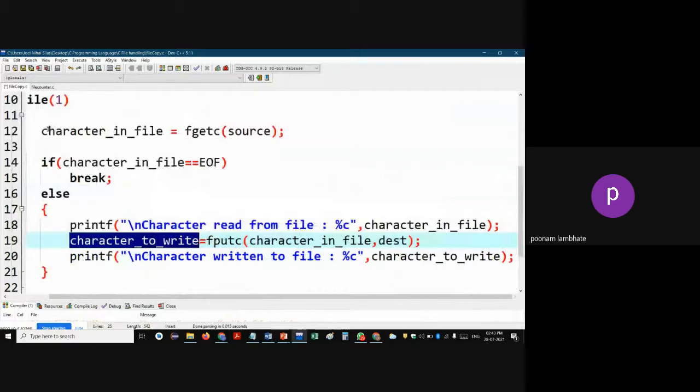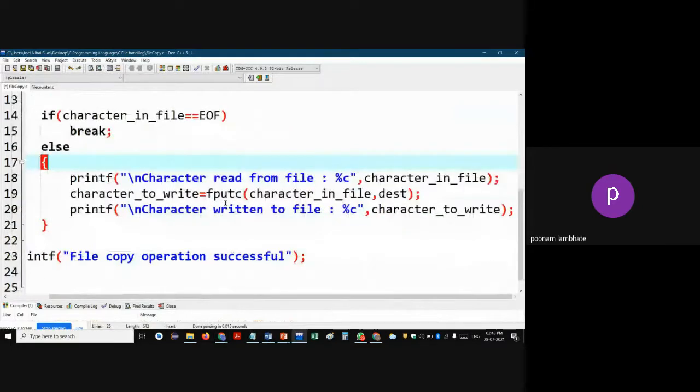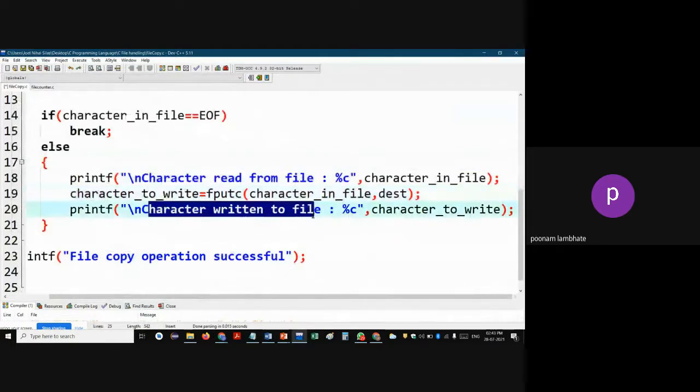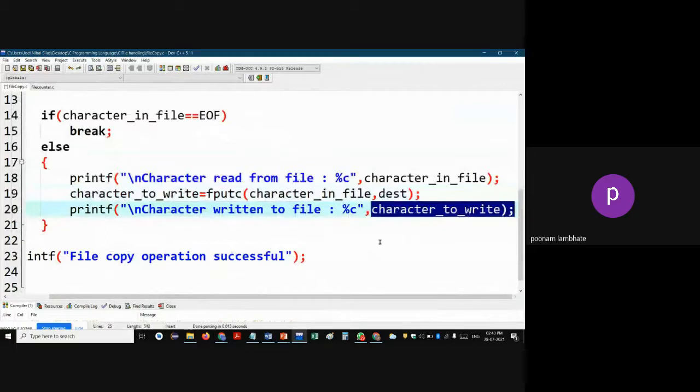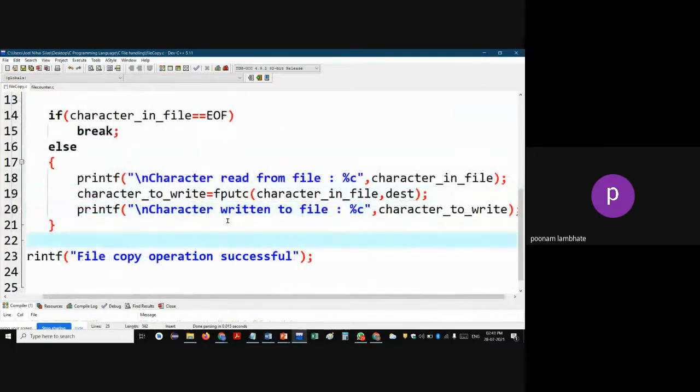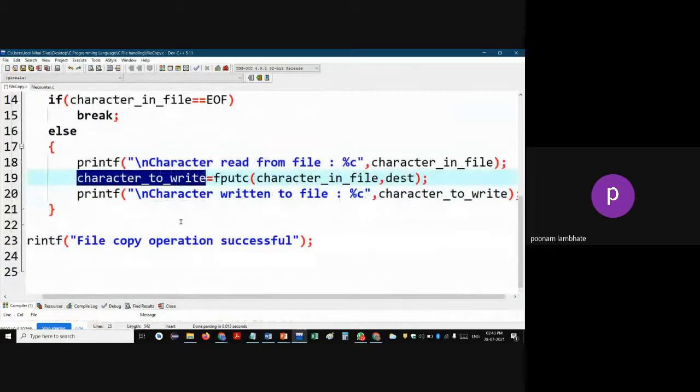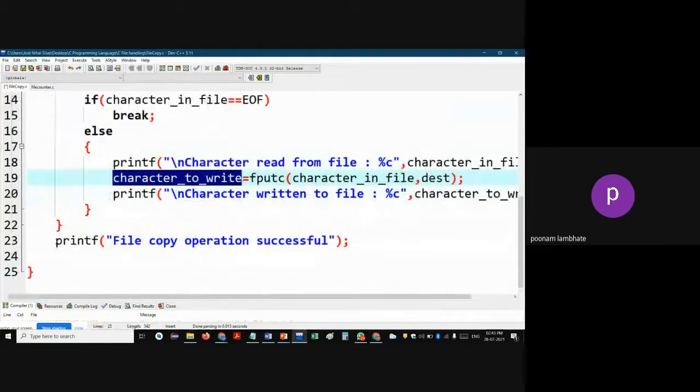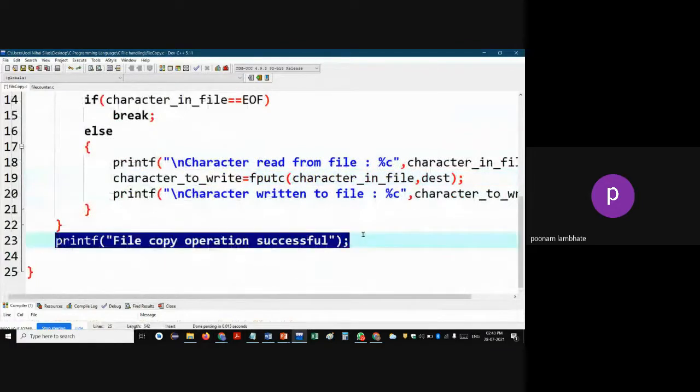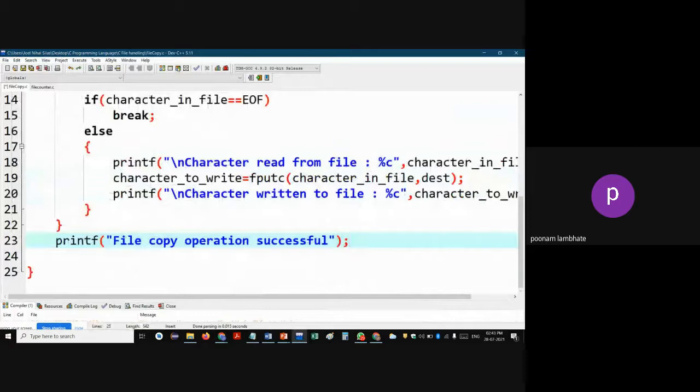And now I have written it. But what I have written, that is the character to write. In that variable, it will be stored. So character written in the file is character to write. It is just a variable in which whatever character you're writing, that will be stored. Right. And then I'm printing just a message so that the user should come to know that the file copy operation is successfully completed. So when I run this program,